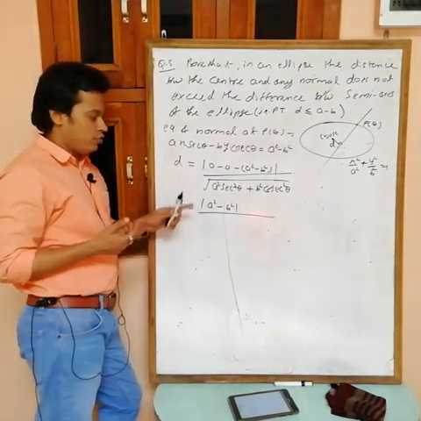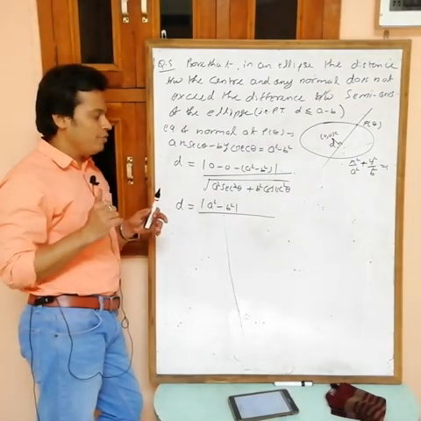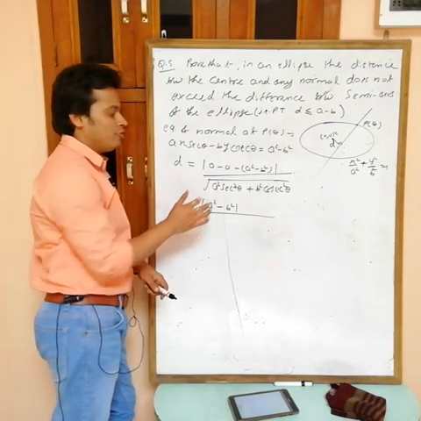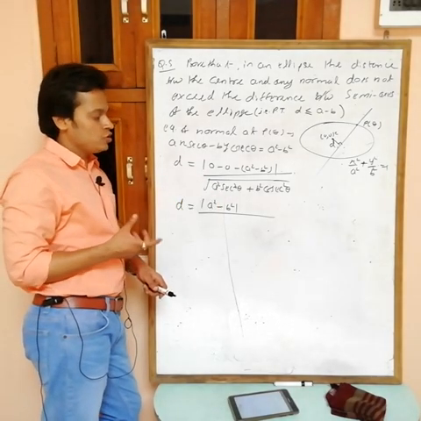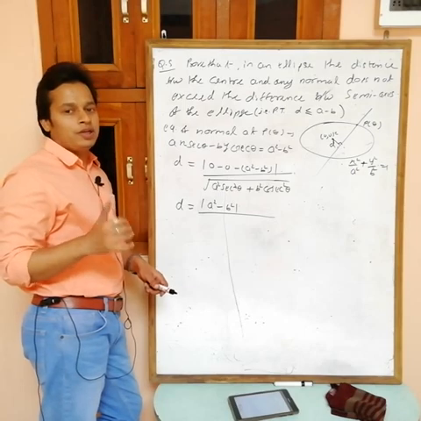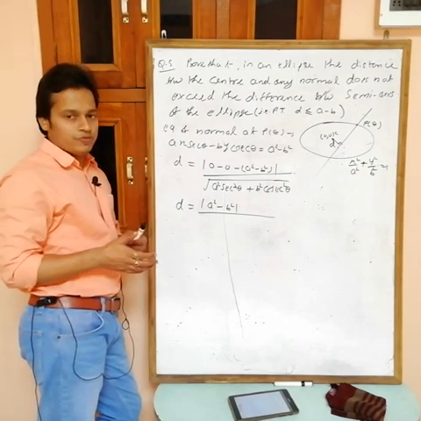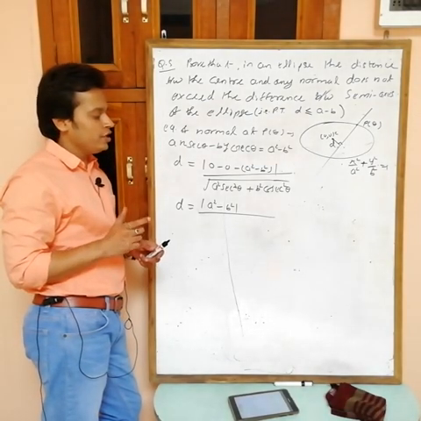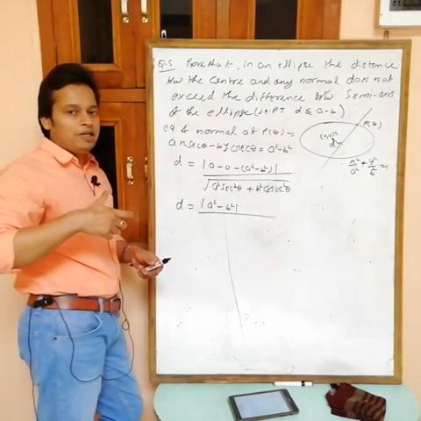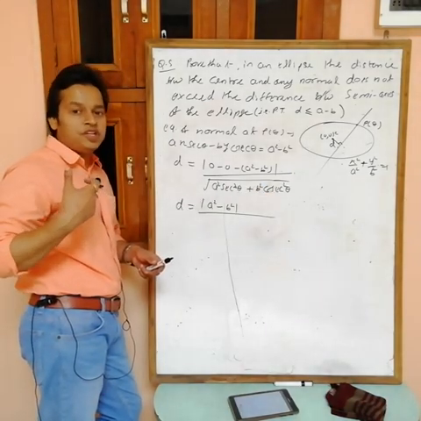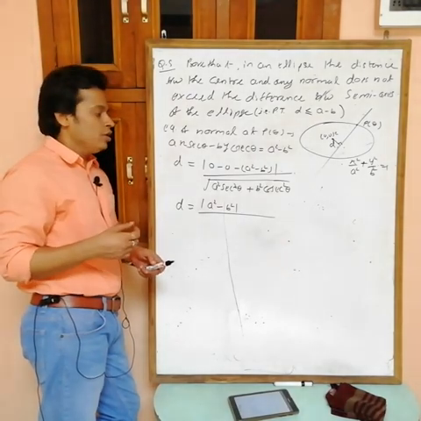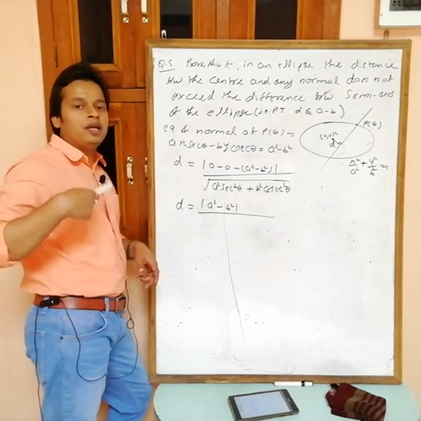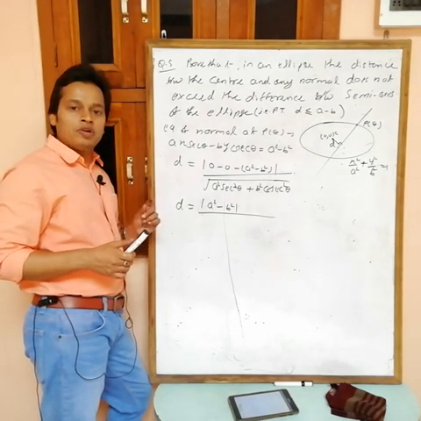D will be maximum, you can't change the numerator, the numerator is fixed. D will be maximum when the denominator is minimum. Okay, so I want the minimum value of this one, and to find it, these both quantities are positive, so I will use AM greater than or equal to GM, but this time I can't use it because I want the minimum value only in terms of a and b. If I use AM greater than or equal to GM, then in GM both will be multiplied. If both are multiplied, then again you will get it in terms of theta, but I don't want it in terms of theta. So first I will convert sec square and cosec square in terms of tan and cot. Why? Because the product of tan into cot is equal to 1.